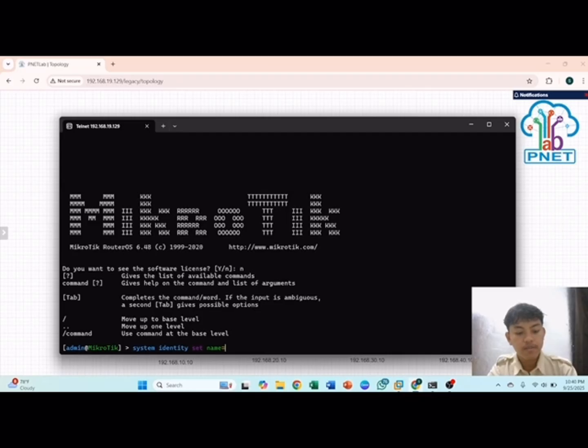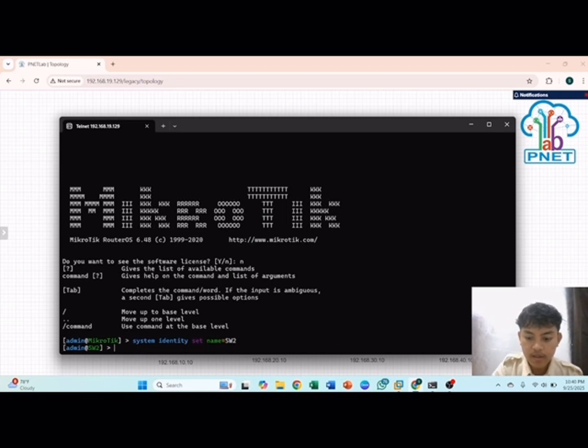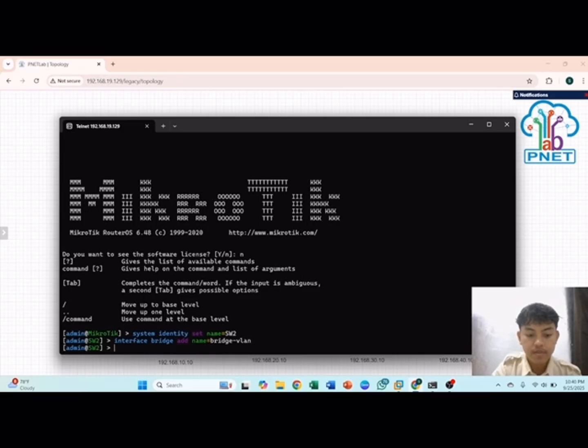You can do the same, same like switch 1. You can add the interface bridge, add the name and bridge VLAN, and interface bridge port.